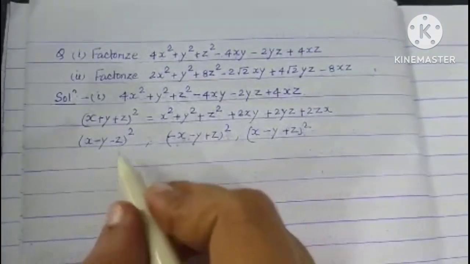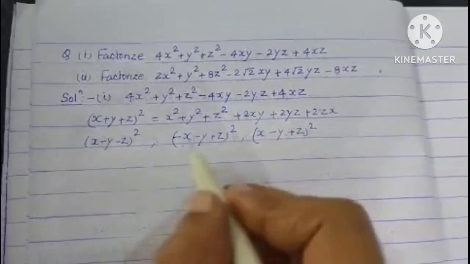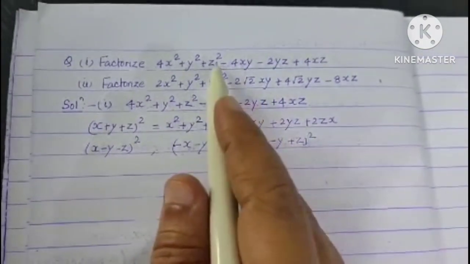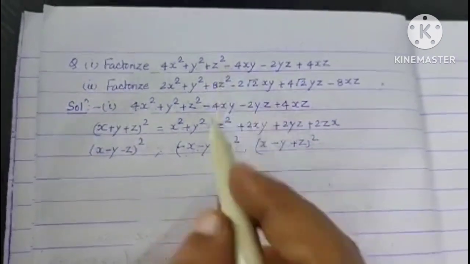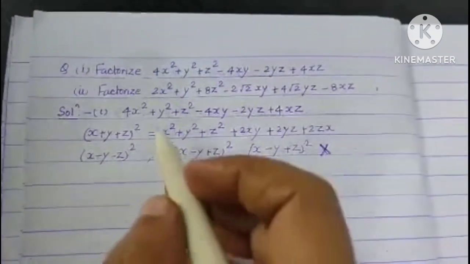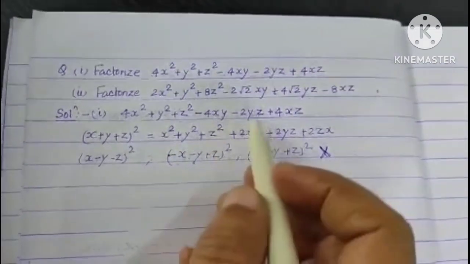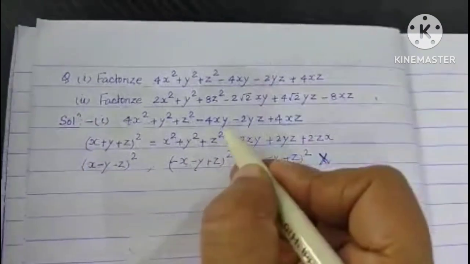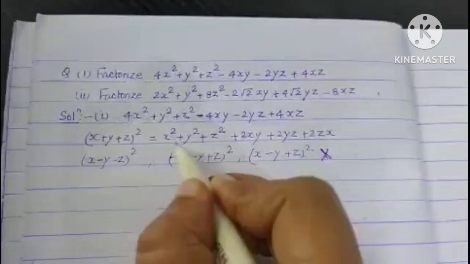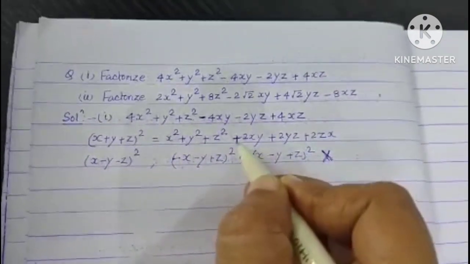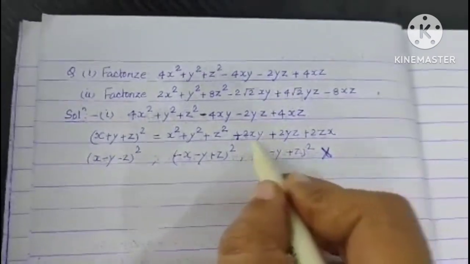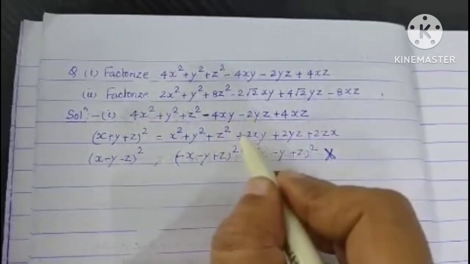If you work out the simplification of this formula, then we can easily write the factorization of this. But let us not remember all these formulas. From here we want to do it. So we see that if we compare this with this formula, in terms of plus 2xy it is minus 4xy, and here, so in these two places it is minus, basically it is minus.